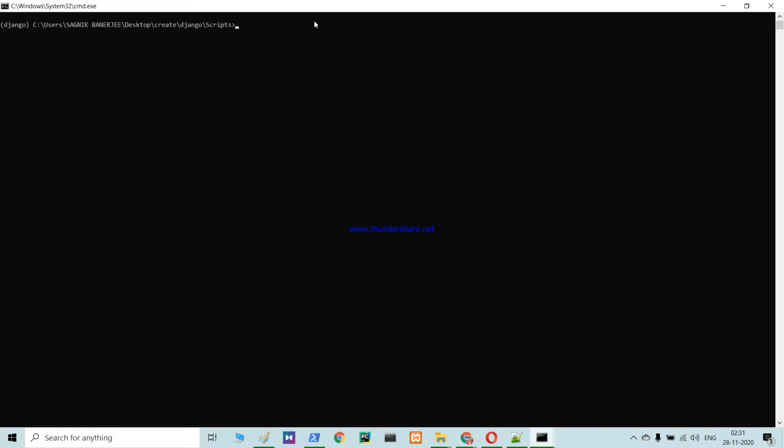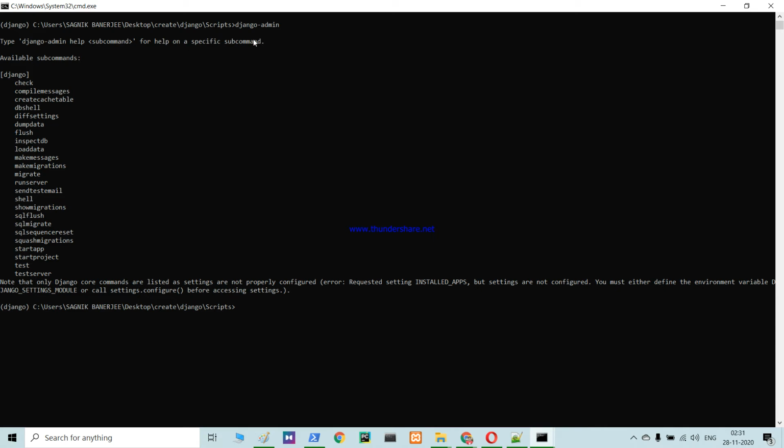Now what you have to do is start a project. For that, you have to write django-admin. If you write that, you can see what is under django-admin. You can see check is there, compilemessages are there, createcachetable, dbshell, diffsettings are there, dumpdata are there. So how that software is created, how you are going through Django, you have to know the basic things first,